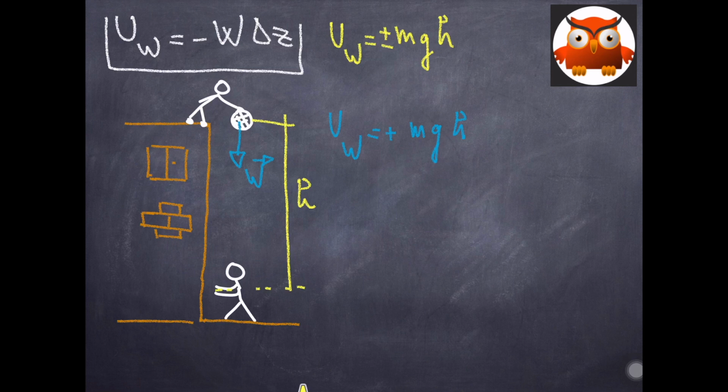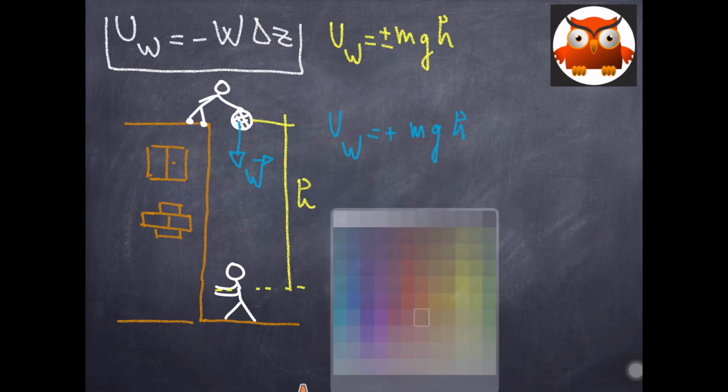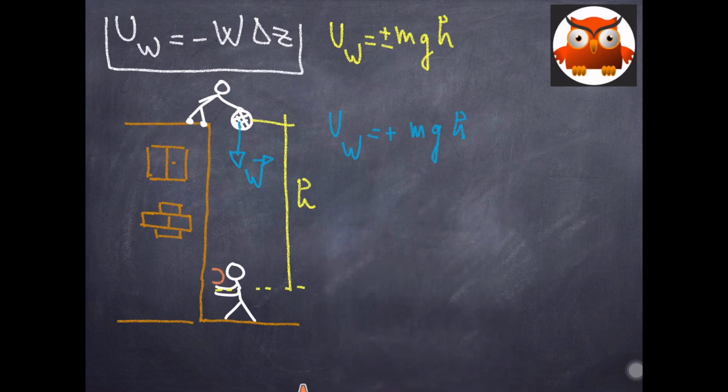Now, if the guy at the bottom of the building is trying to send another ball to the guy on top, then we don't expect him to just hold the ball and expect it to go upward on its own. This doesn't sound logical, right? Why? Because we expect that the weight will do negative work